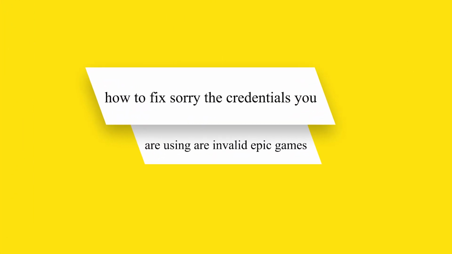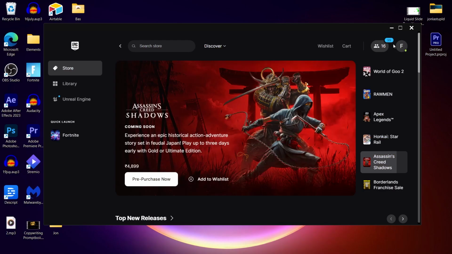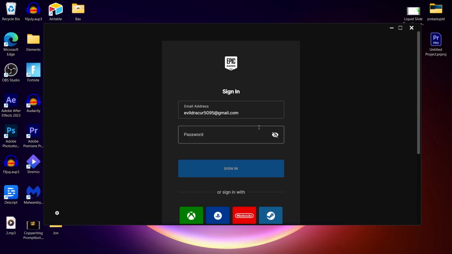Today I will show you how to fix "sorry, the credentials you are using are invalid" on Epic Games. So the only reason you're going to see this error code is because you have entered a wrong user credential. Make sure you have entered the right user credentials in the sign in page, that is the email address and